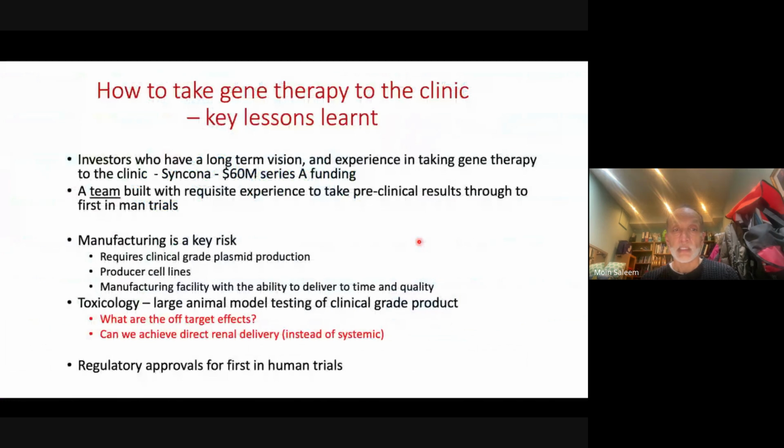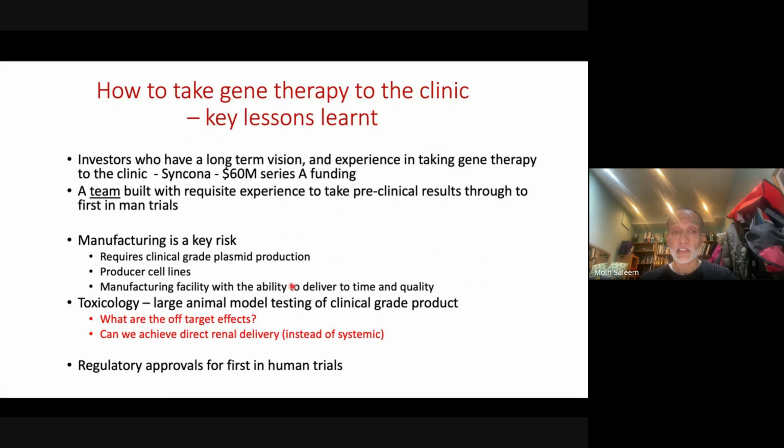So we formed Purespring Therapeutics with an investment from a venture capital company called Syncona. These are investors who've invested in other gene therapy companies. So they gave us an initial funding of around $60 million. This was about 3.5 years ago. That enables us to build the team with the experience to take these kind of preclinical results through to first-in-man